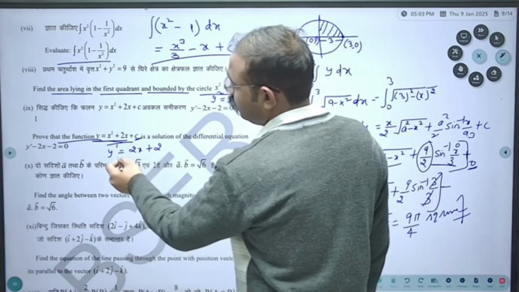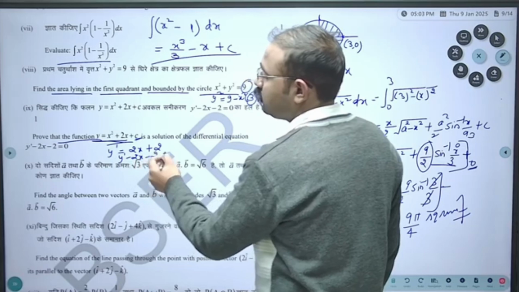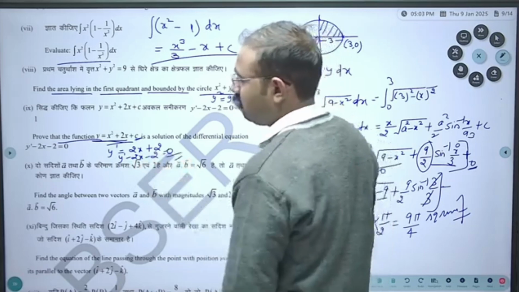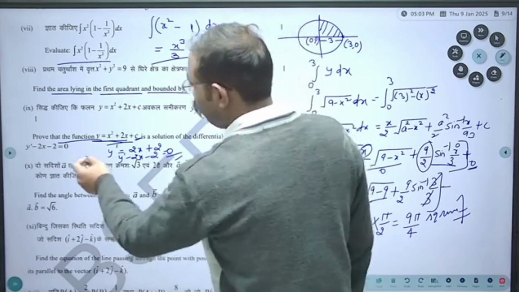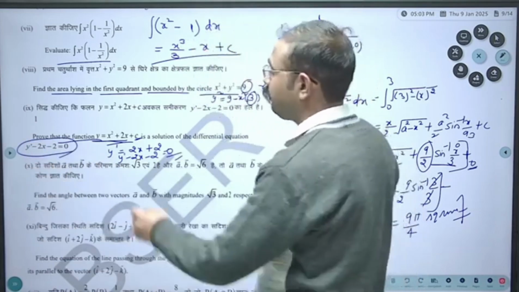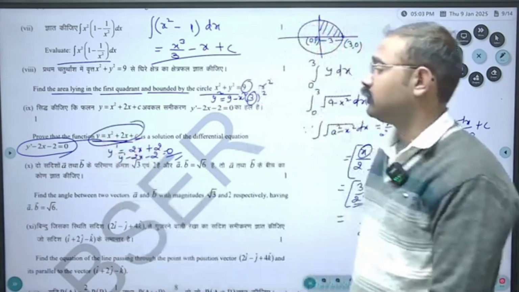By transposing these to the left hand side, y dash minus 2x minus 2 is equal to 0. We proved this is the required differential equation